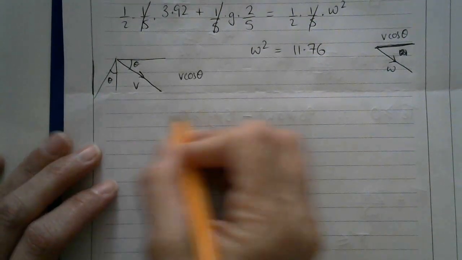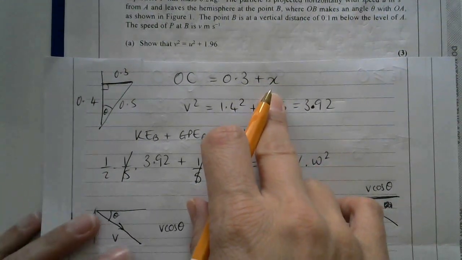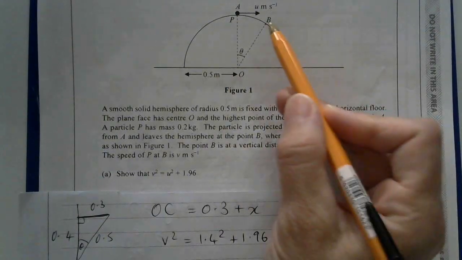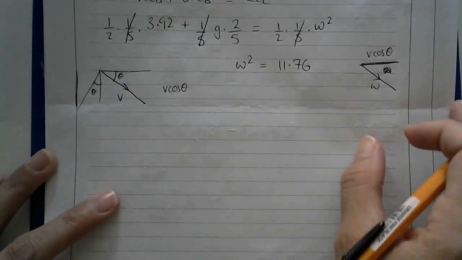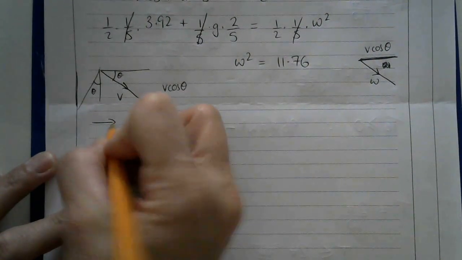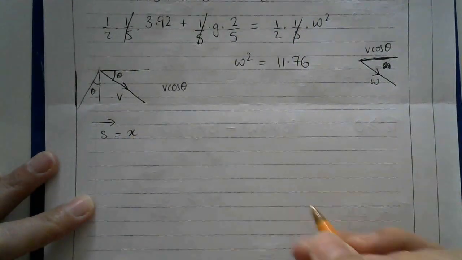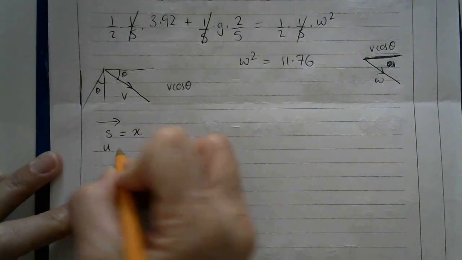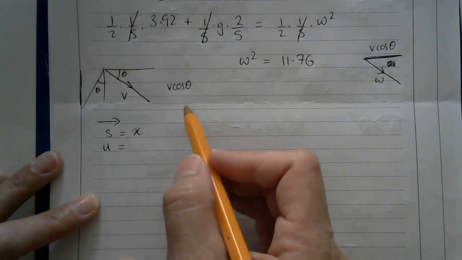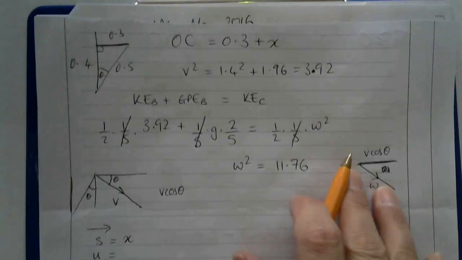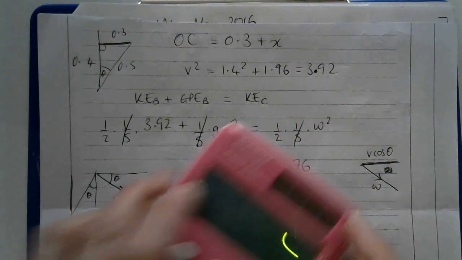x in this direction. So what I define to be x up here. Okay, so that is the distance horizontally that it travels from B to C. So this distance here. So if I look in this direction, SUVAT, what's happening, then the displacement is x. The initial velocity, so that's the initial velocity at B, is v cos theta. So I worked out v squared is this. So I need to do this